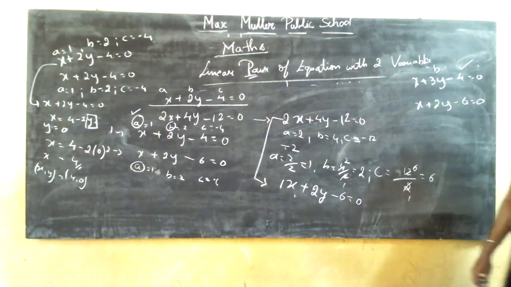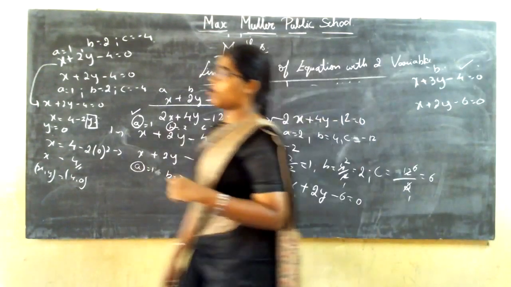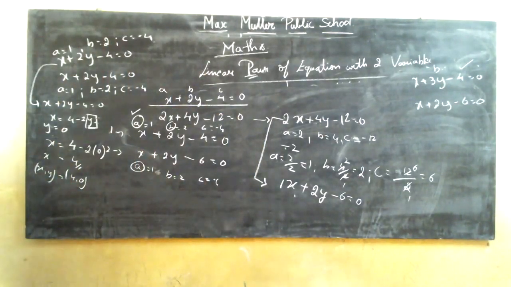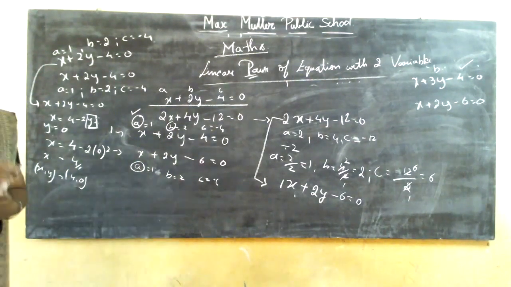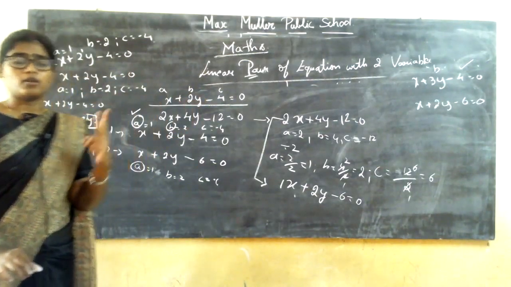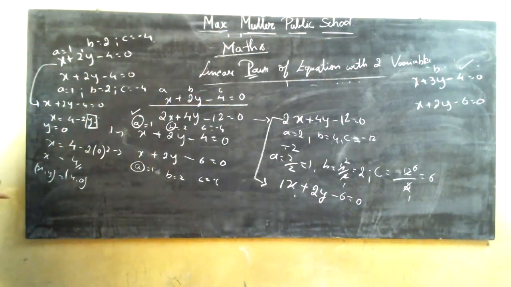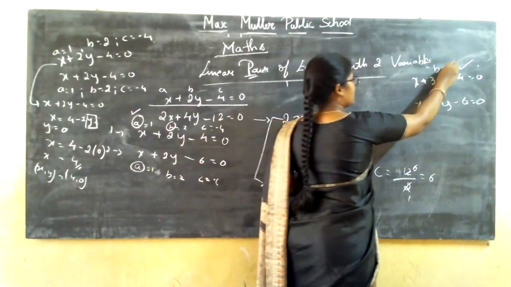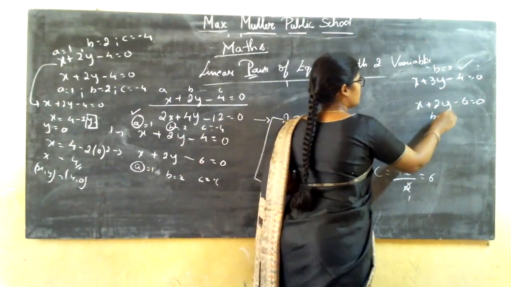Clear about this? In today's class, you have revised the intersecting lines, parallel lines and coincident lines. How are you going to say whether the given line is intersecting lines? When you have two alphanumerical terms with different numbers in two different equations. It should represent two different equations. See here the B value is 3, here the B value is 2.